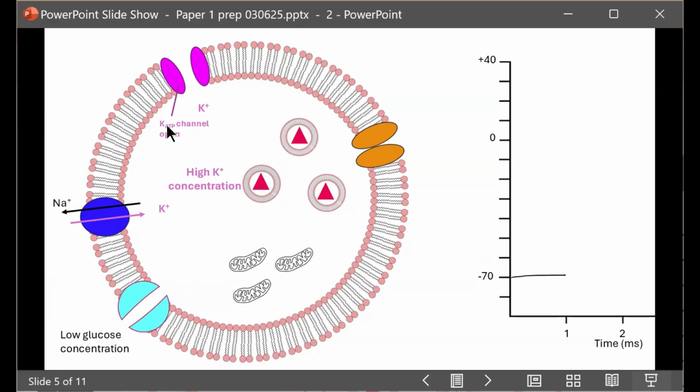So this is a potassium ATP channel which is open. This means it's a potassium channel which is activated by having an ATP binding site. So ATP can bind and ATP can be hydrolyzed in this potassium channel. So it's a potassium ATP channel, and it's open. So if it's open and we have a high concentration, what's going to happen is the potassium ions can leave. Now, what that actually does is hyperpolarize the membrane. That takes us away from our resting state